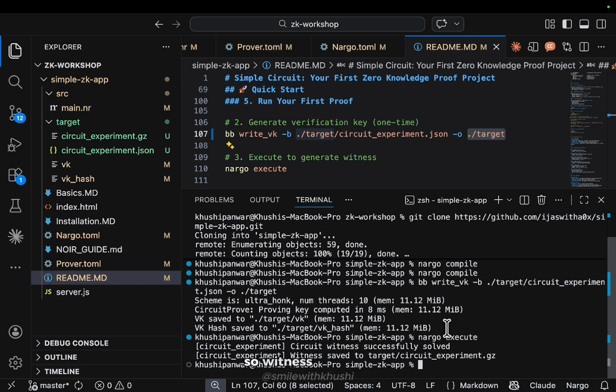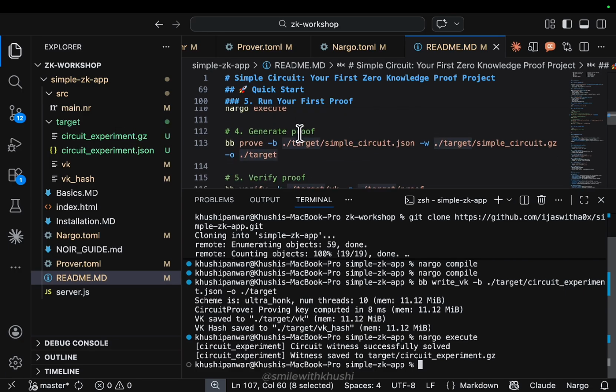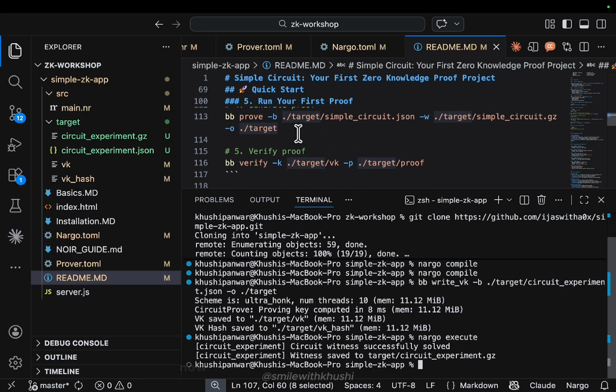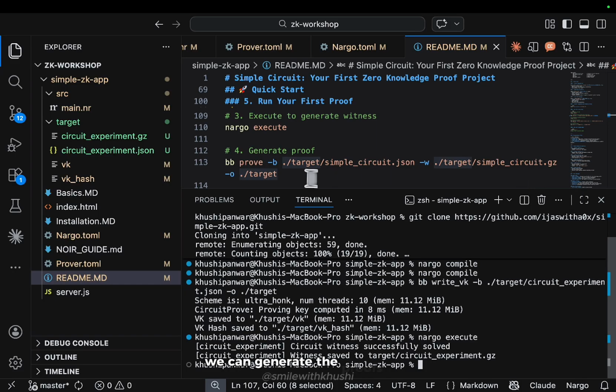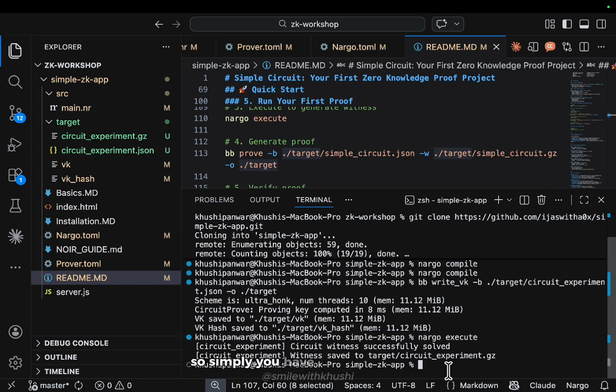So witness successfully solved and witness is saved to circuit experiment.gz. All right, now after we have created these proofs, we can also verify the proofs. We can generate the proofs and we can verify them. So for the next part, that is the proof verification, you can write bb proof,